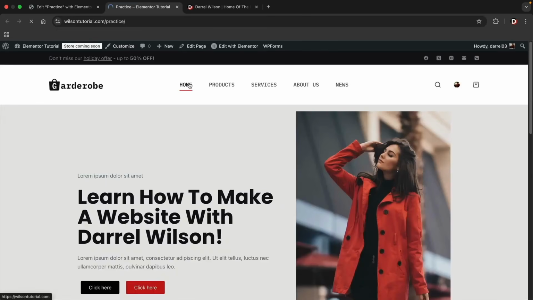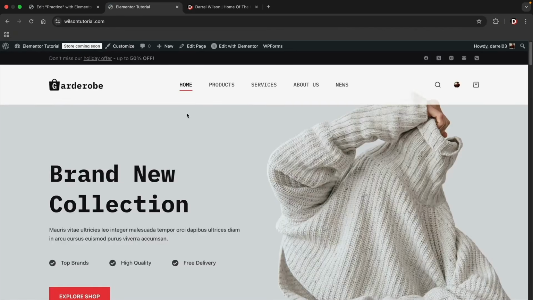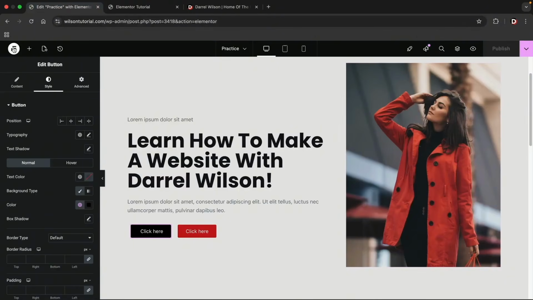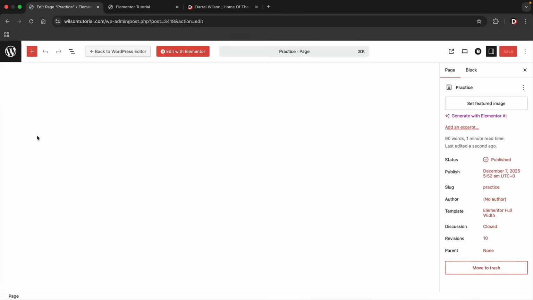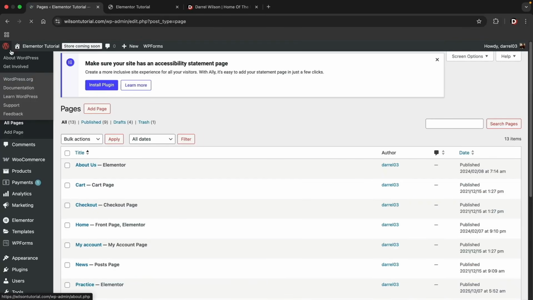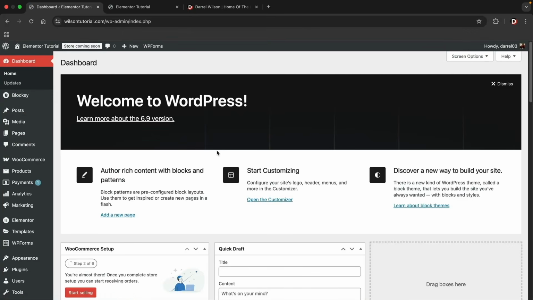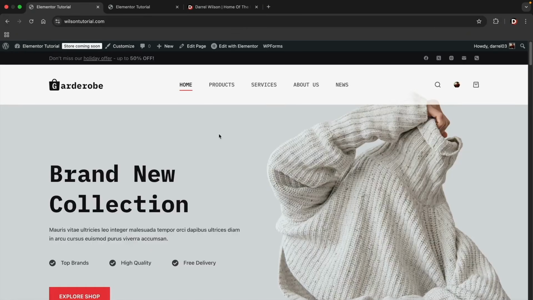where if I click on Home, you can just go ahead and navigate the website as before. Or if you go over here to the Elementor logo and click on Exit to WordPress, this will then take you into the back end of WordPress. So if you want to create a page or adjust your menu, it just brings you right back here to the dashboard of WordPress. And now that we have a good understanding of